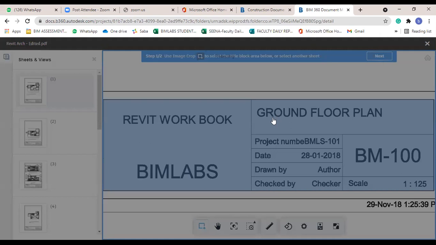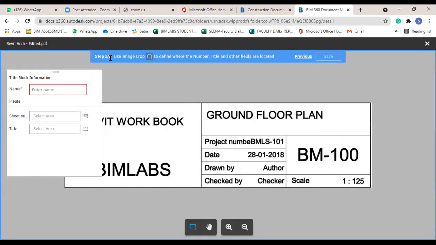In the second stage, the second step is use image crop to define where the number, title, and other fields are located. So the name of the document is ArchiCAD model. Then sheet number. Then the title, this is the title area.